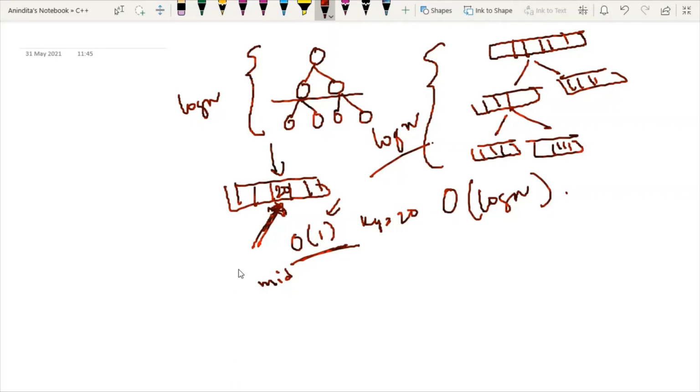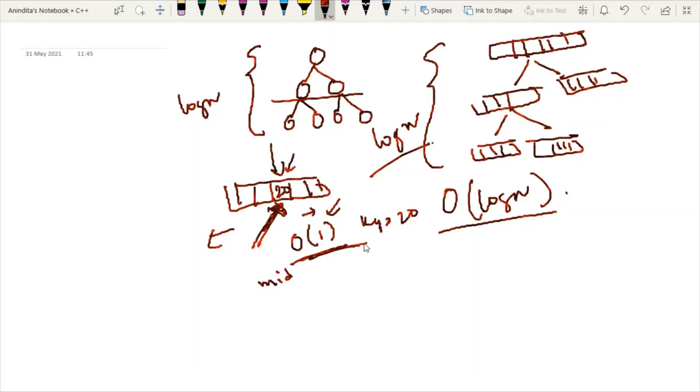Otherwise, in any other case, we have to go either to the left or to the right. So at that point of time, it is order of log n. So be careful about the definition of time complexity: how many times your code is iterating. If the array element is found at the mid, my code is iterating once, because by accessing the middle index of the array, I get my key value. So it is the best case time complexity for binary search, and that is order of 1.